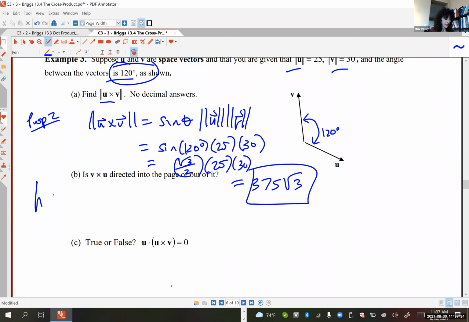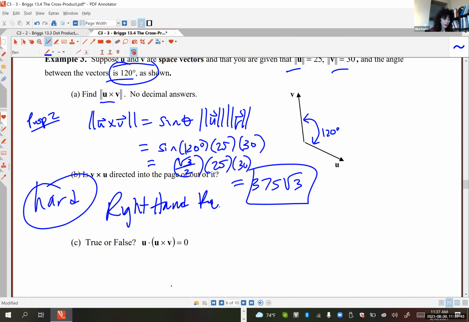Now this one's hard. I get a lot of students who freak out when I ask them one of these right-hand rule problems. But you need the right-hand rule to do letter B. So everybody whip out your right hand. Follow me, and I'm up here on the video screen. If we were in person, this would be so much easier to do. But I have to kind of get my body sort of behind my paper, which is my computer. And I first put my fingers, sort of curling them around, through V first,